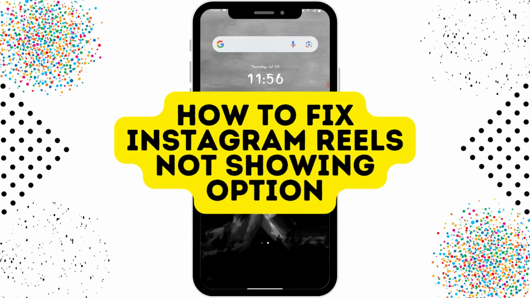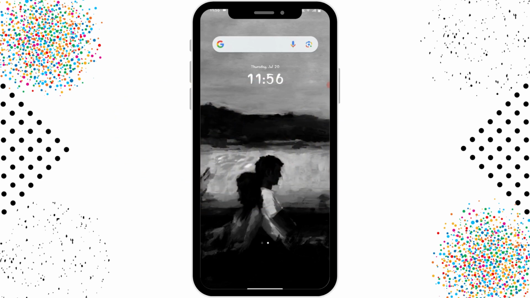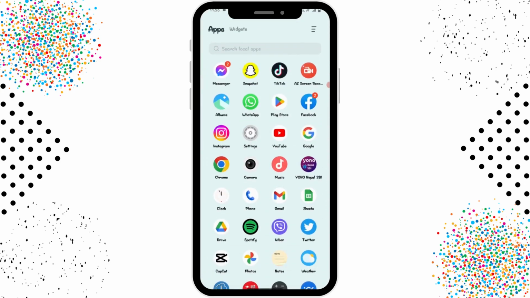How to fix Instagram Reels not showing option. So if you want to fix your Instagram Reels, then first of all you have to make sure you have a stable internet connection, and then, if you don't have that option on Instagram, you have to open up your Play Store,